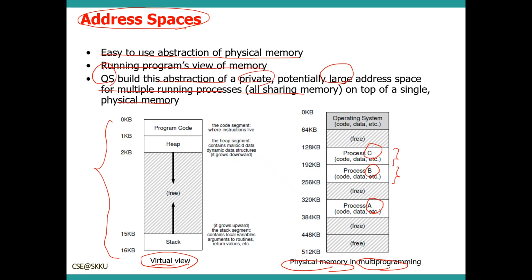In the early days, early machines used only a single application, so one application could use the whole physical memory space. But recent computer systems support multi-programming, so multiple processes can be executed simultaneously and must share the physical memory. But the application programmer can consider only this virtual view of the memory, so programming is very easy.